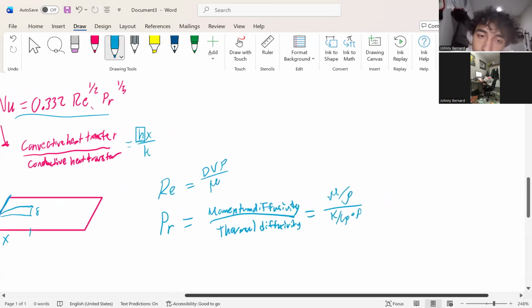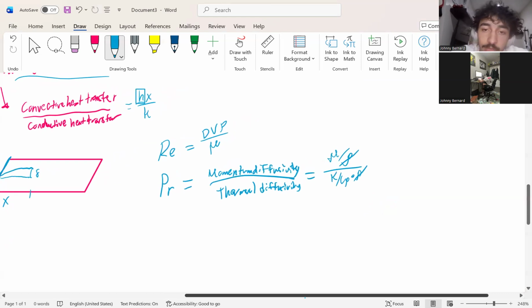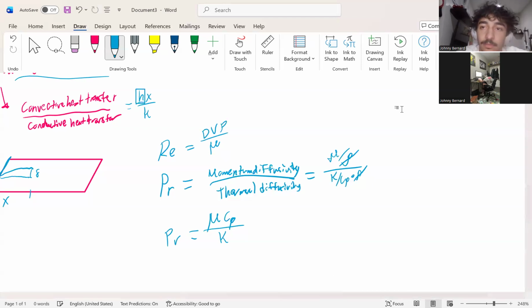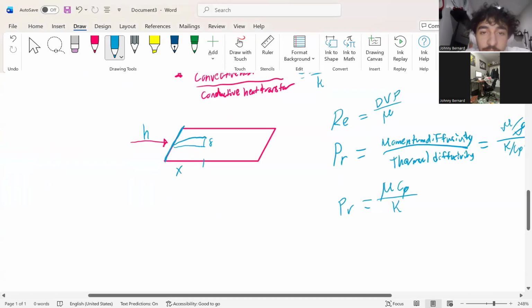So simplifying this out, densities cancel, and we're left with the viscosity times the heat capacity over the thermal conductivity, equaling Prandtl. So plugging these equations in,